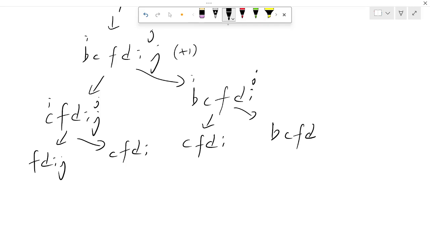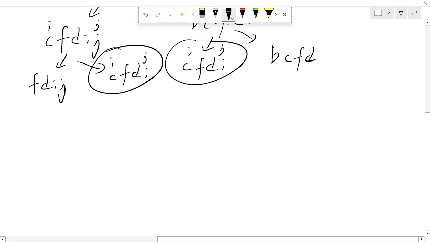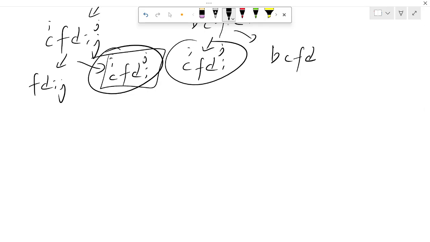Now if we look at i and j, we are solving a subproblem again and again. So we can use dynamic programming to solve this question more efficiently. If we have solved the i and j indexes before, then we don't need to solve that problem again. We can just utilize our DP array.